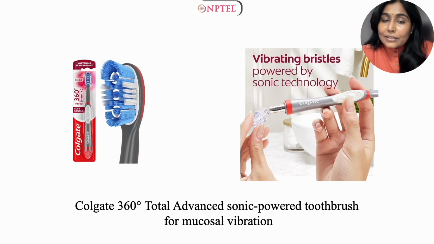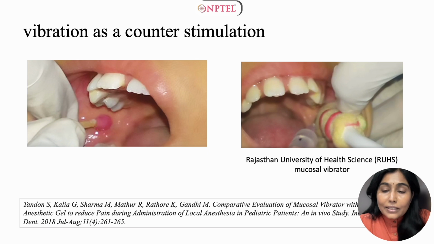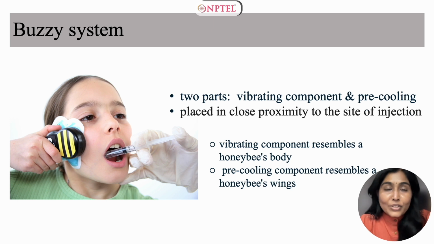Colgate 360 Advanced Sonic Power Toothbrush can also be used for mucosal vibration. Many studies have been conducted which have established the effectiveness of these brushes in eliminating pain by counter stimulation. Another interesting system is the Buzzy system. This is a simple and easy to use device which has been developed to prevent pain from needle related procedures